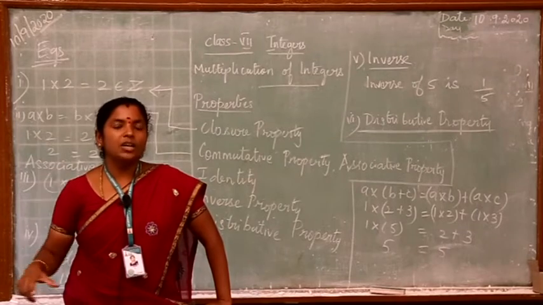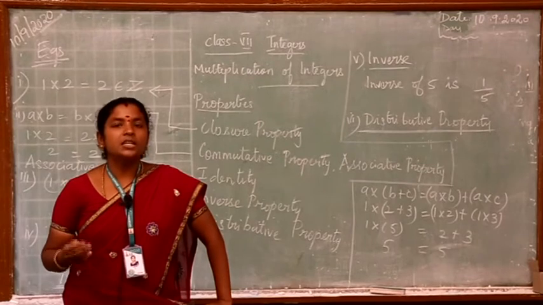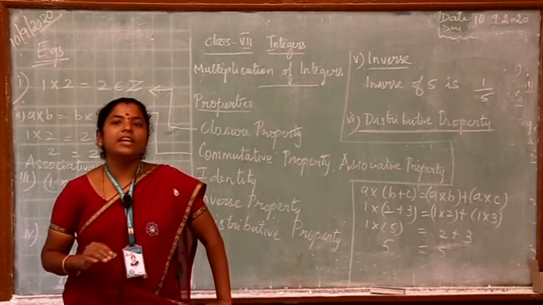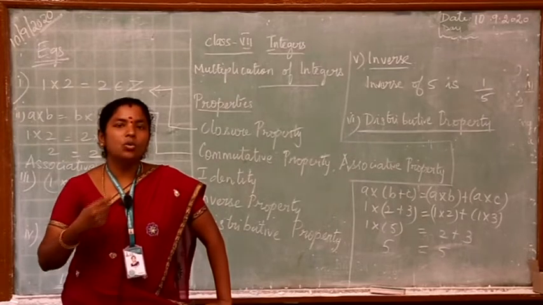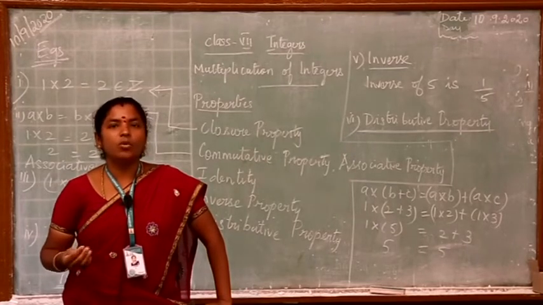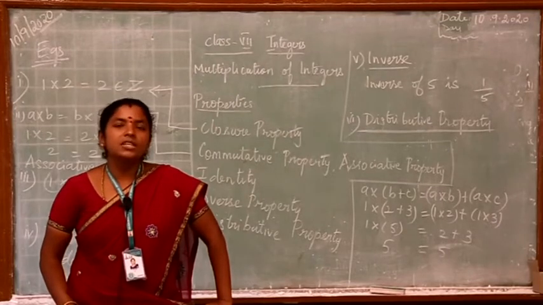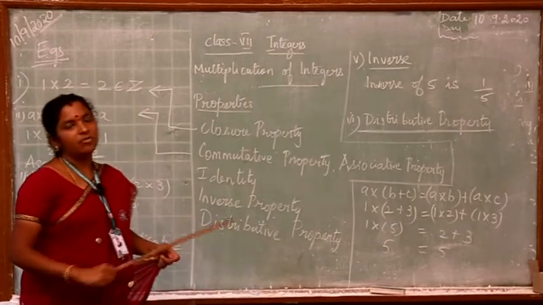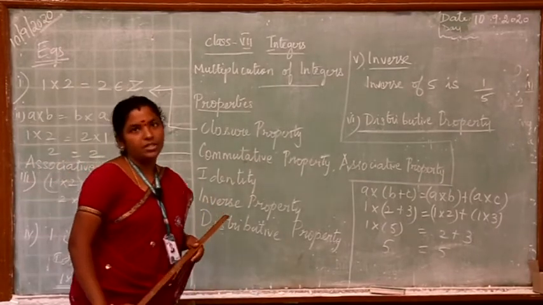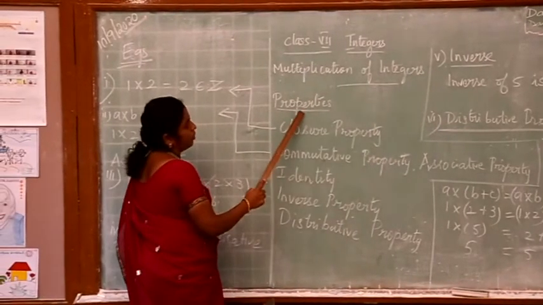Here we will undergo some properties under multiplication. We will see all the properties. If the properties hold good, then we can use the same properties for the questions. No need of working out 2 or 3 steps, and we do not want to give the answers there. Just write the property, and you can go for the answers. The same properties we had seen for addition and subtraction, the same we are going to see here. See here, that is multiplication of integers properties.